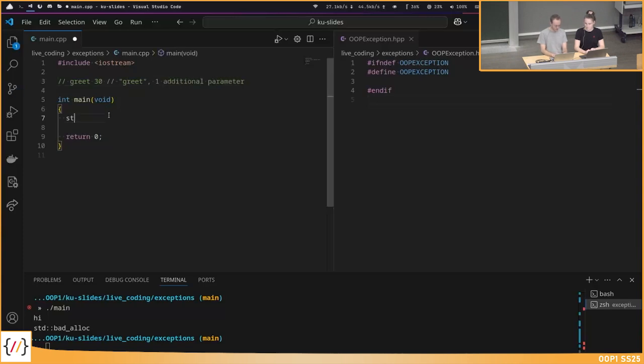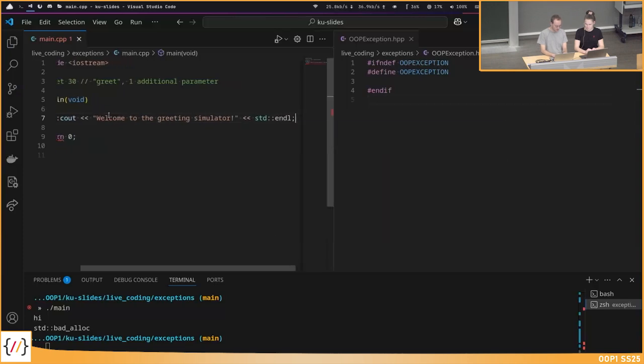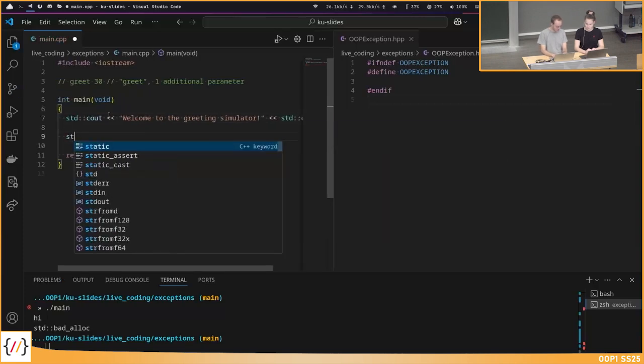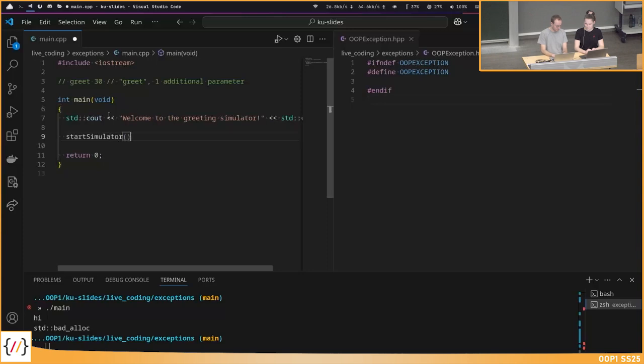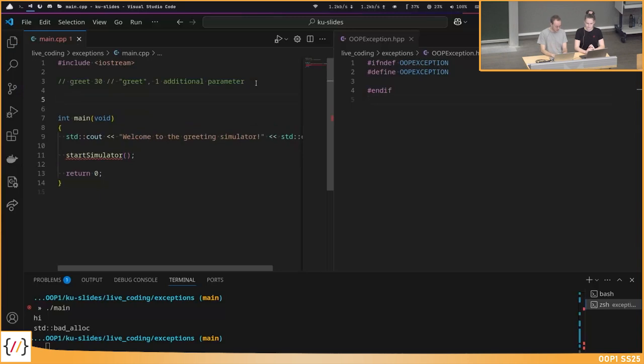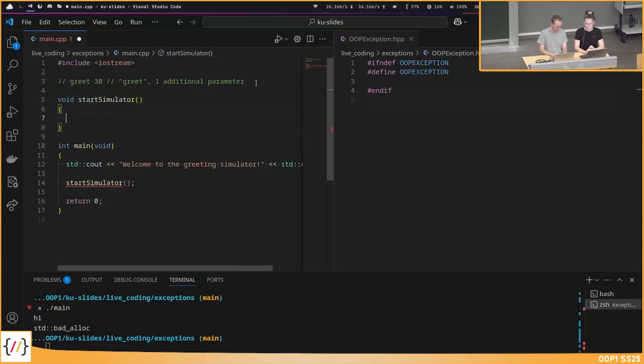So greet needs to be the command name and one additional parameter. Okay, now maybe we have something similar to the greeting simulator. So this is then somewhere in the main function, and then we start the simulator. Or maybe you have an object here where you call to start it. And what we want to do here, basically, is read in user input repeatedly.